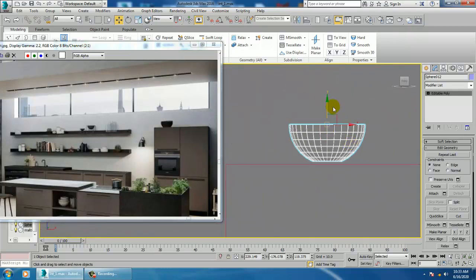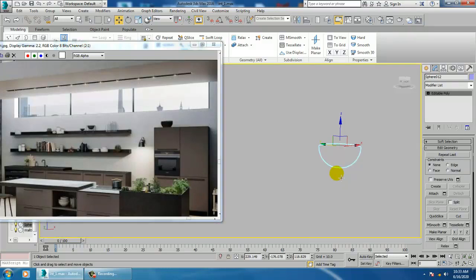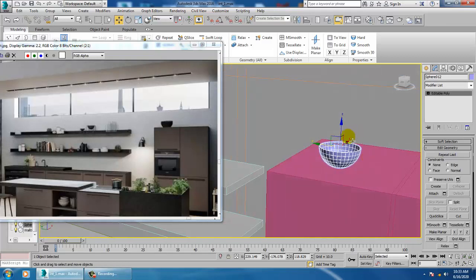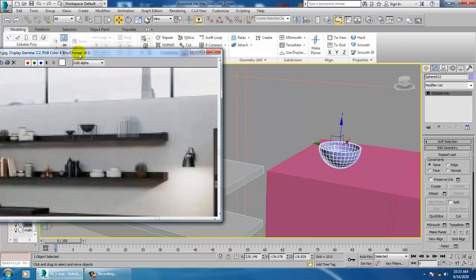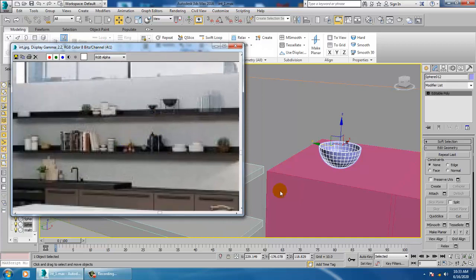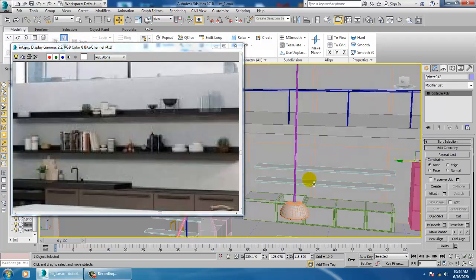Make sure it's not floating. It should be properly placed. Now we have some few things which we can create, like some cups and all this stuff. We'll create it over here, bottles and all this stuff.